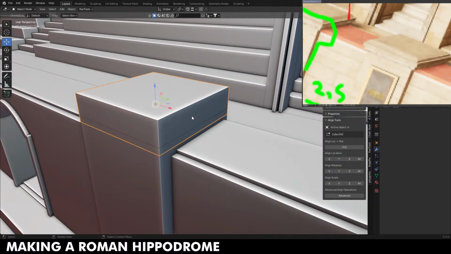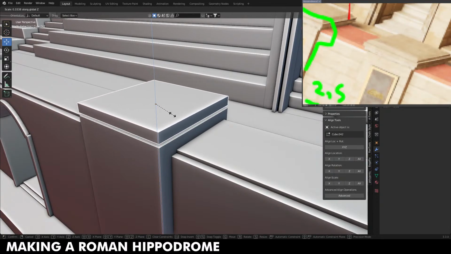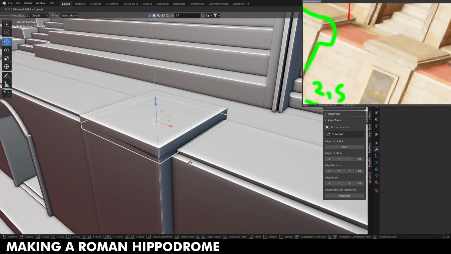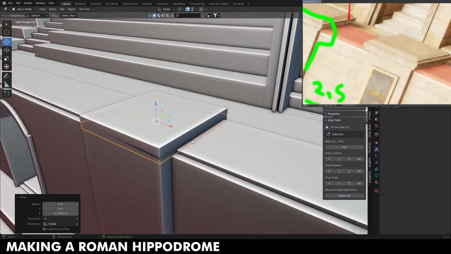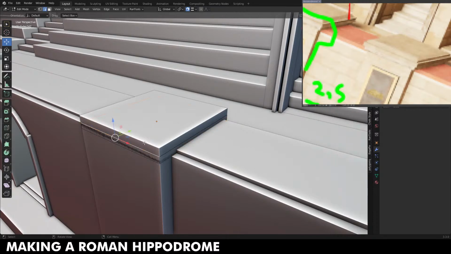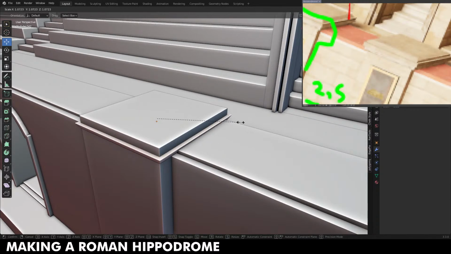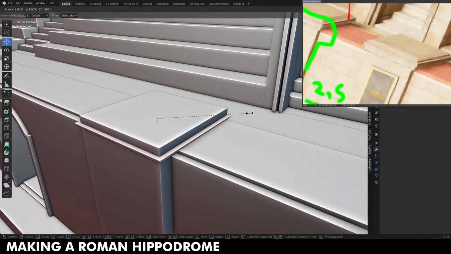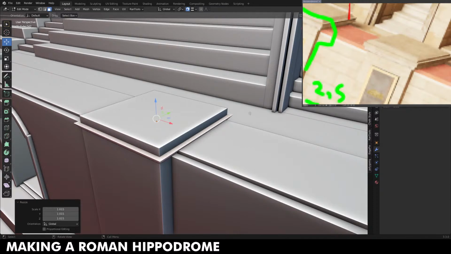I would make it even smaller on the Z. Very small, like so. Then I'll put it in alignment with this. And I will edit the top, just the top. Scale. Maybe a bit more. And then I will extrude,